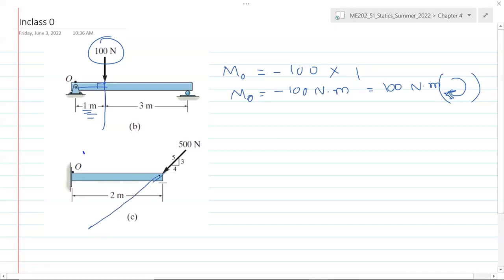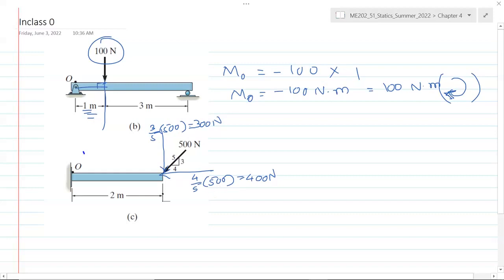If we somehow find this perpendicular distance from the point of rotation and then simply multiply 500 by this distance, we get the clockwise moment, but it's not easy to find this distance, so we will use the other approach of dividing the force into components. So the horizontal component of the force is 4/5 of 500, which is 400 Newtons, and the vertical component is 3/5 of 500, which is 300 Newtons. And we can calculate the moment of each force about